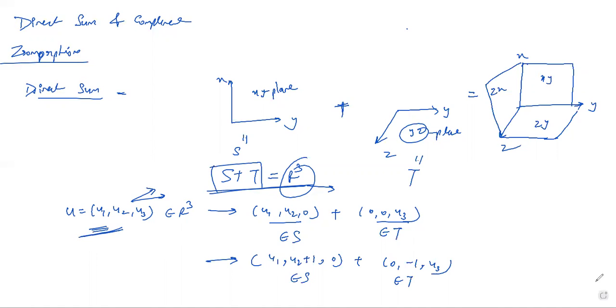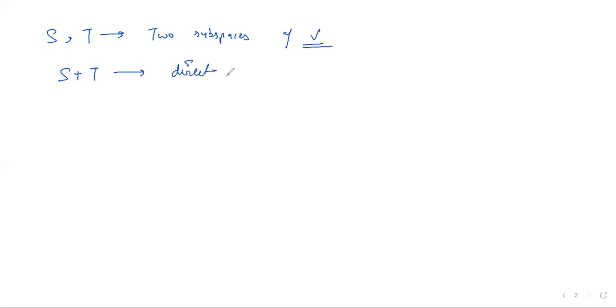Let's see it like this: I have two subspaces S and T of a space V. Now the sum of these two subspaces, S plus T, is said to be direct, or you can also say that S and T are independent,